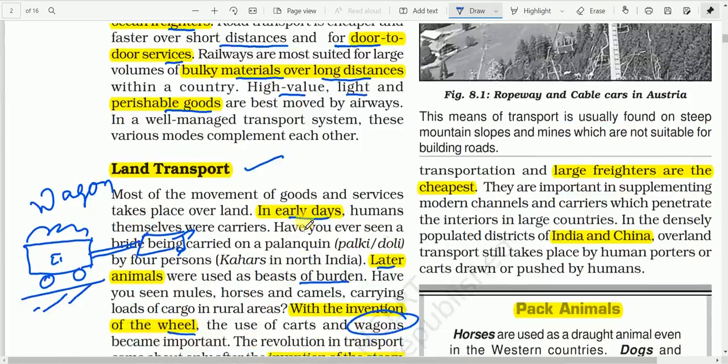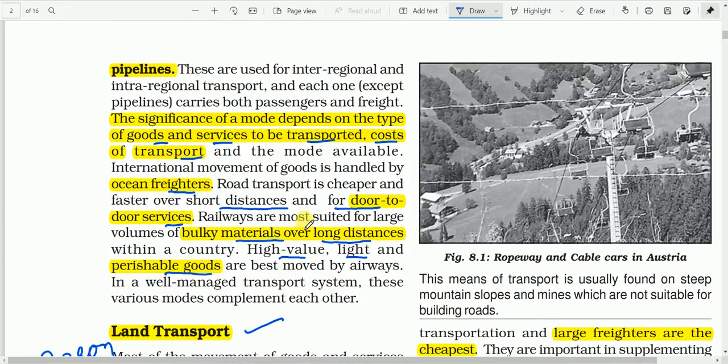An example of these cableways or roadways is here. You may be seeing these cables here, and here we have the vehicle. So it is hanging from here, and it may be going this side or maybe going that side also.